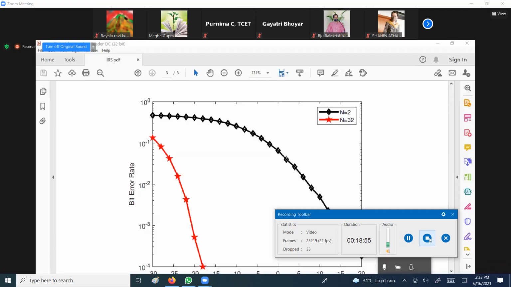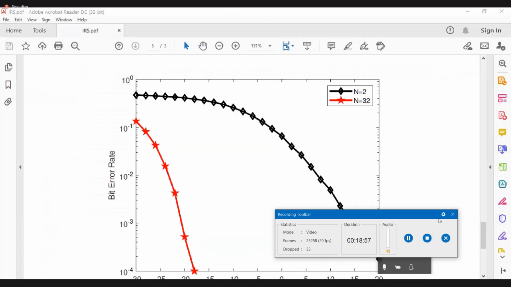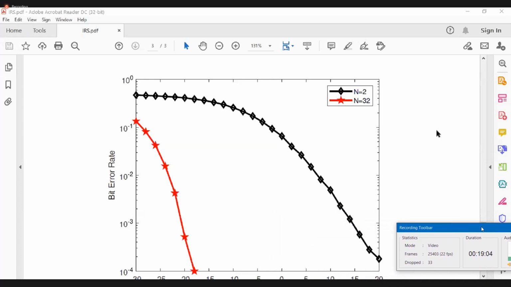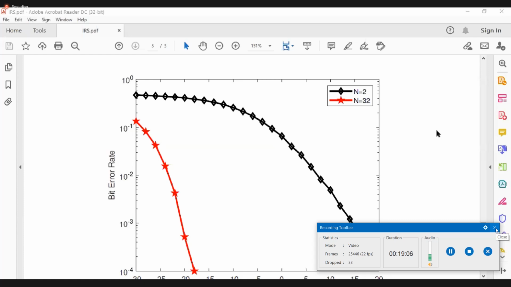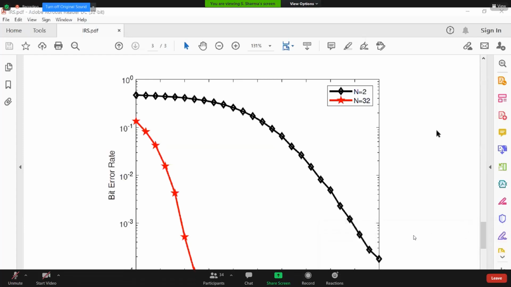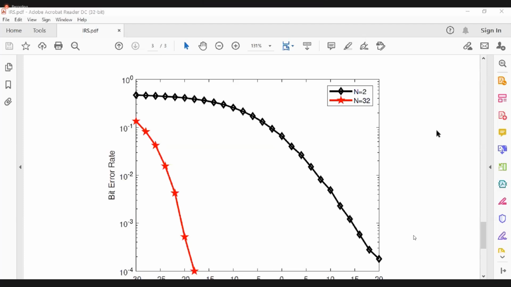Sir, what are sparse codes and where do we use them? We use sparse codes because when we have sparsity, we can use the message passing algorithm. Like LDPC codes, if you remember, the structure graph is generally sparse. By using the message passing algorithm, we can get good performance and reduce the complexity. That is the whole idea.